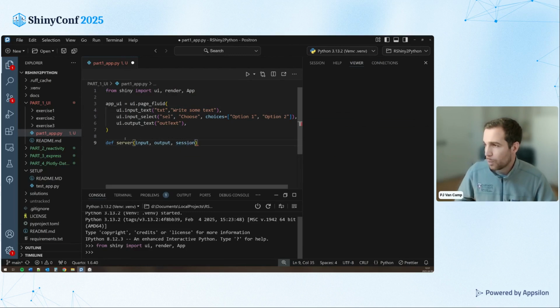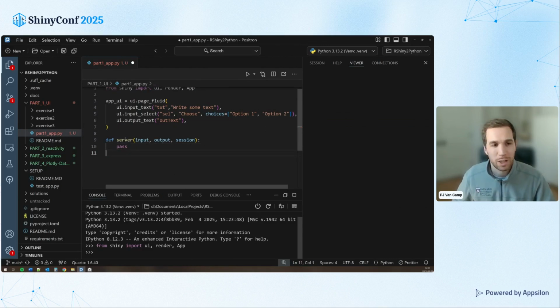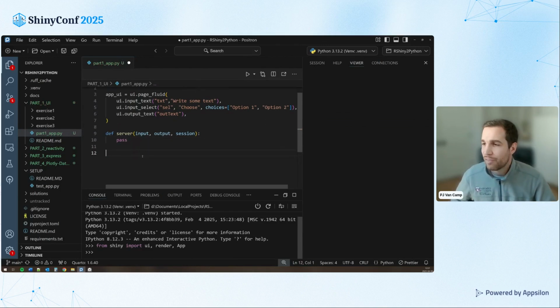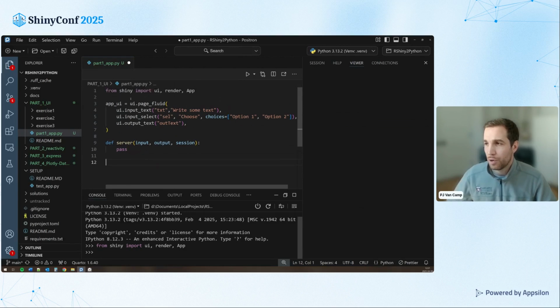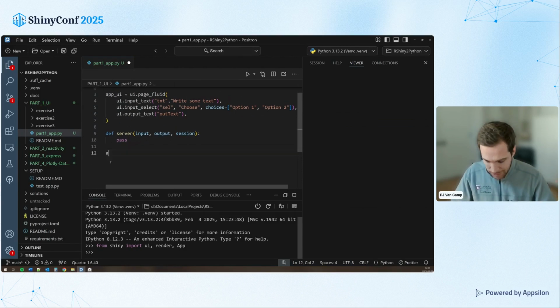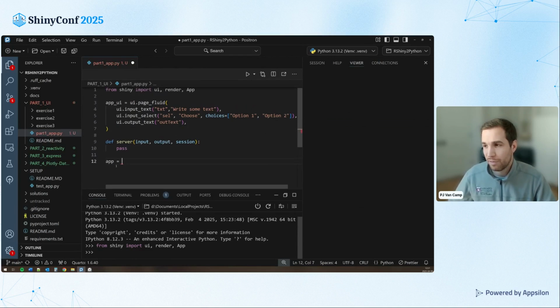So again, these are all the same as in R. For now, I'll leave this empty, so I'll use the pass function. This is a way of creating an empty function in Python. And the final thing we have to do, once we have a UI and a server, is bind them together. In this case, this is by binding everything together in a variable called